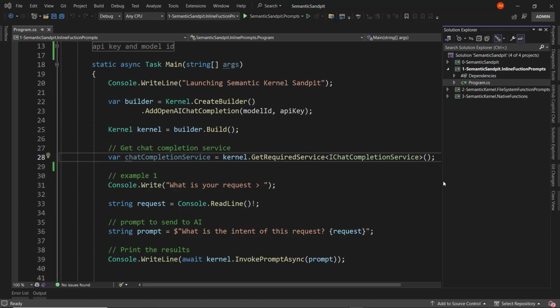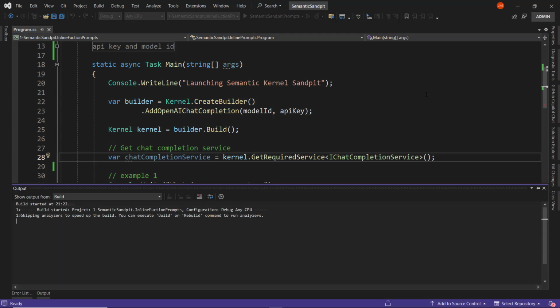Very simple example, and what this does is between lines 30 and lines 33, the agent asks what the user would like to do, and then we take that, put it into a variable called request, and then send that prompt over to OpenAI, specifically the chat completions service, and then we print the results. So what we can do now is we can run this application,